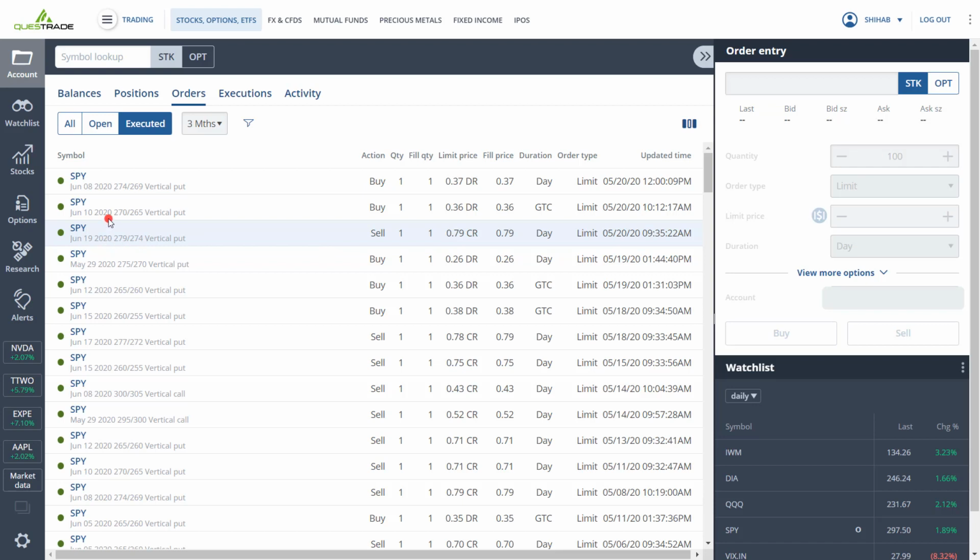And then I closed two put spreads. So I closed one, the one that had a June 10 expiration with a 270 strike. I closed it for 36 cents. So now if you look for when I opened this June 10th, you can see it right here on this line, June 10, expiration 270, 265. I opened it for $71 on May 11, closed it May 20th, so 9 days later, I closed it for